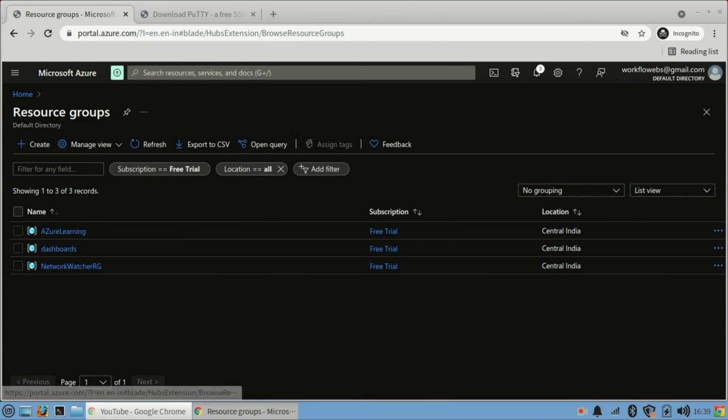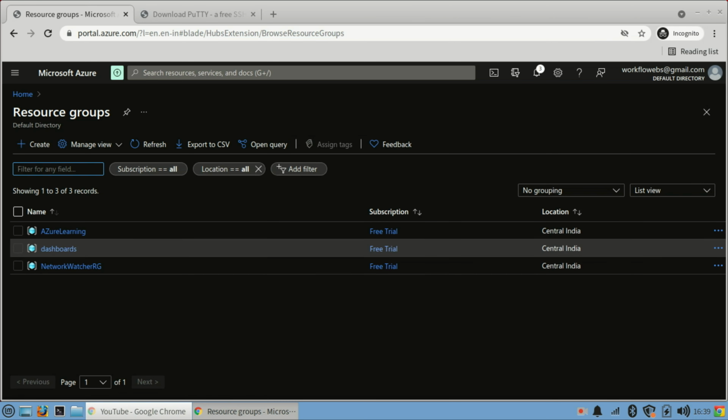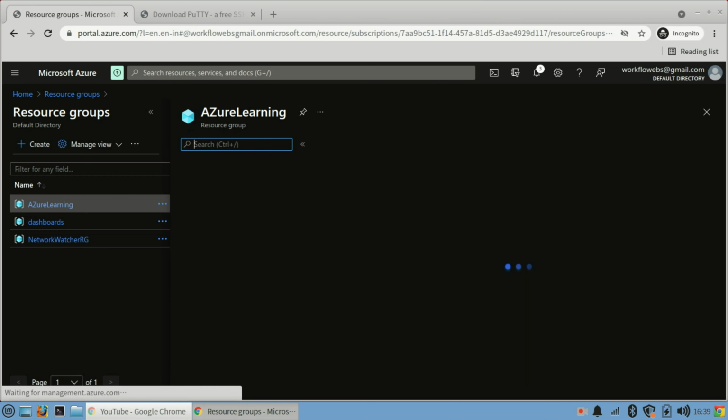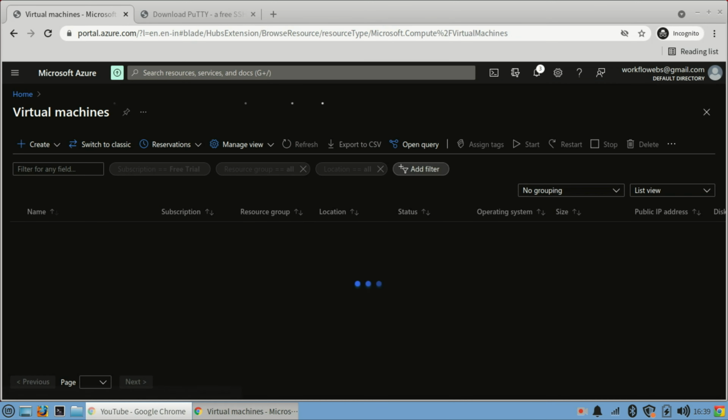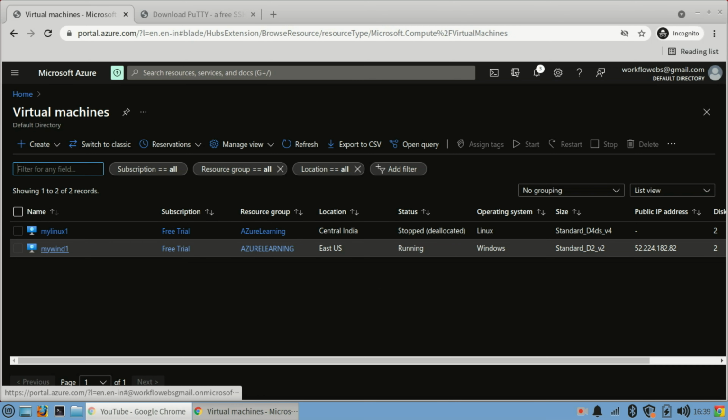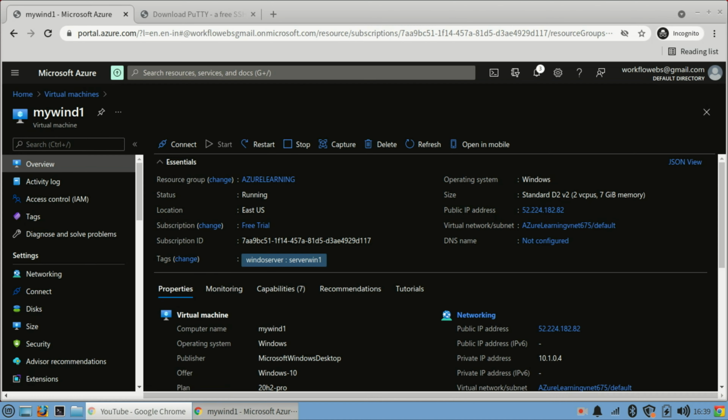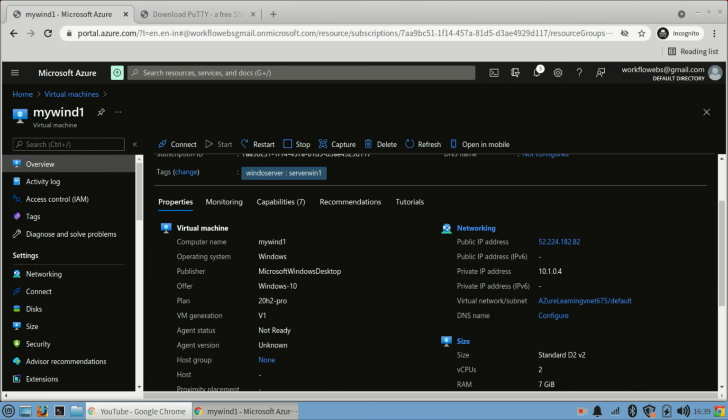So I will go to resource group, and under my Azure Learning I can see my resources, various resources are there. So if you want to view your virtual machine, so directly go to virtual machines and you will see both of our machines. So if you click on the Windows one, it will show you like this, and it has a private IP address and a public IP address.